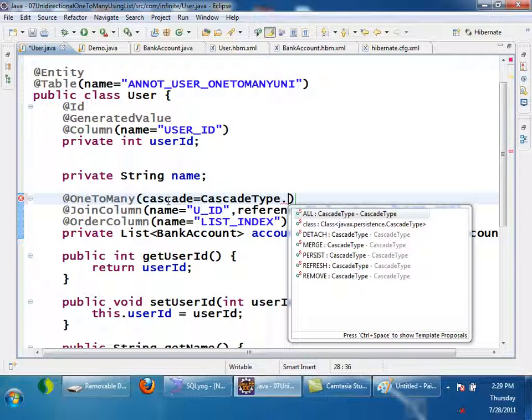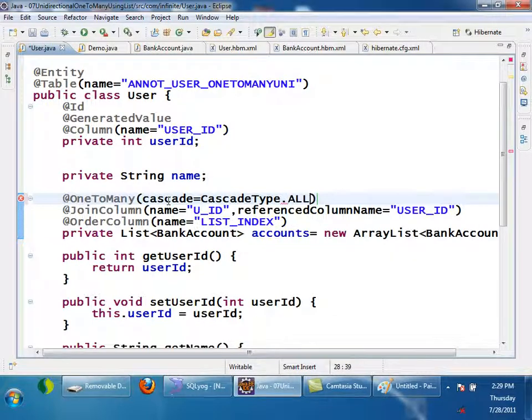Persist means save, all save operations should be cascaded. If I say remove, all delete operations should be cascaded. Merge, all merge operations on user will be cascaded to bank account. And if I say all, all of these will be applied, right? So I can specify cascade type is equals to whatever I require, all I can specify, right? Automatically if I now save user, all the corresponding bank accounts also will be saved, right?